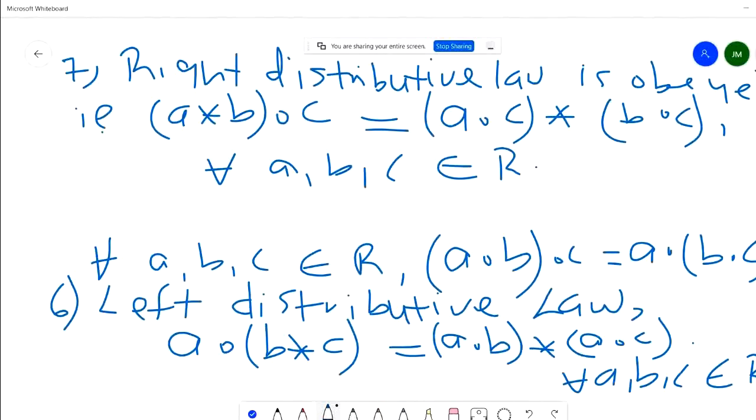Which property is not compulsory for a ring and yet it is obeyed in a group? Which property is missing here very conspicuously? Because we have associative property, we have existence of identity element, we have existence of inverse element,